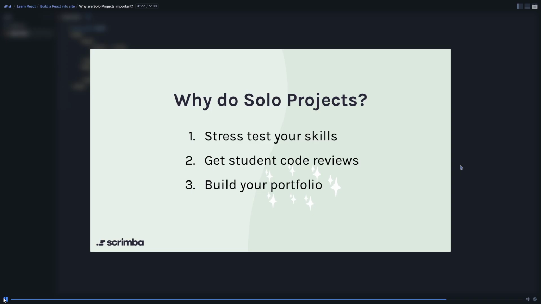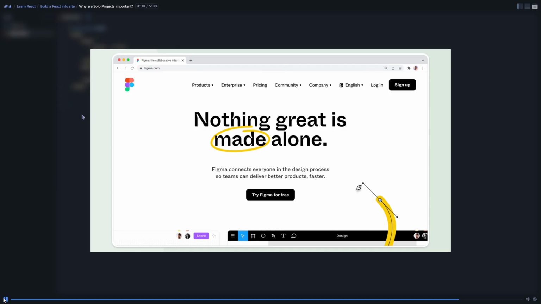If you do plan on doing the solo projects and you haven't been doing them already in the career path, one thing you'll need to do is to head over to figma.com and create an account. Figma is where we have all of the designs for our solo projects, and Figma is a must-have skill for any front-end web developers in a professional environment. So you can click the screenshot here to go straight to Figma if you do want to create an account,